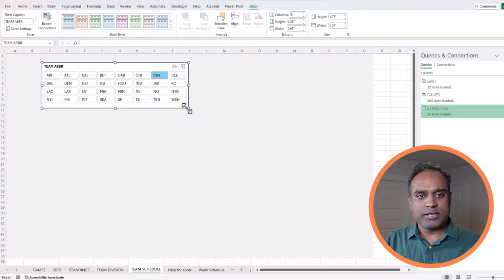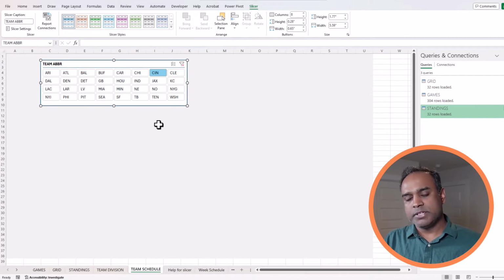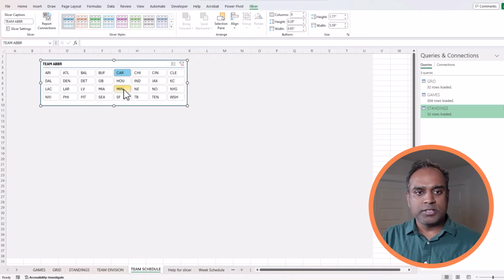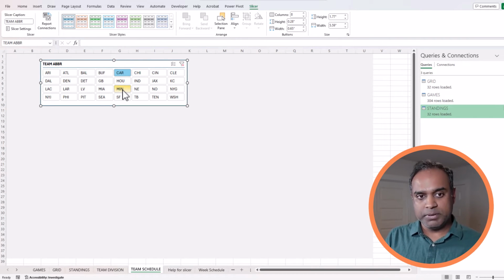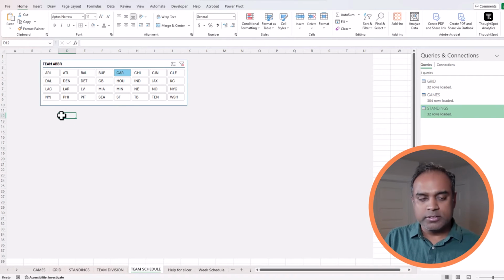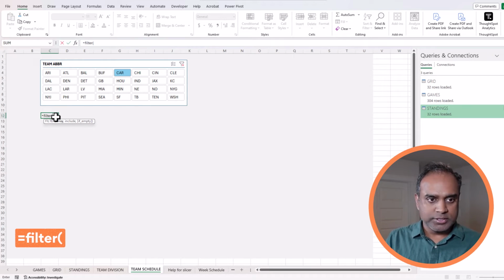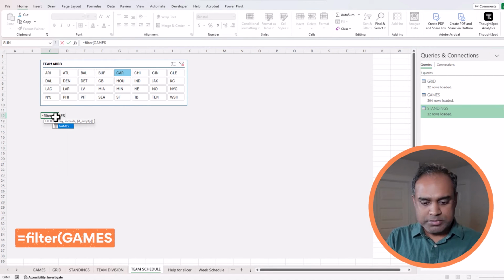So let's say, for example, something like this. Nice. Now, when somebody clicks on this, the team selected is going to be automatically picking up that value. That's great. Now, I need to use that value to filter to the games that are played by that team by week, right? So the first thing I'm going to do is to go and say filter from the games